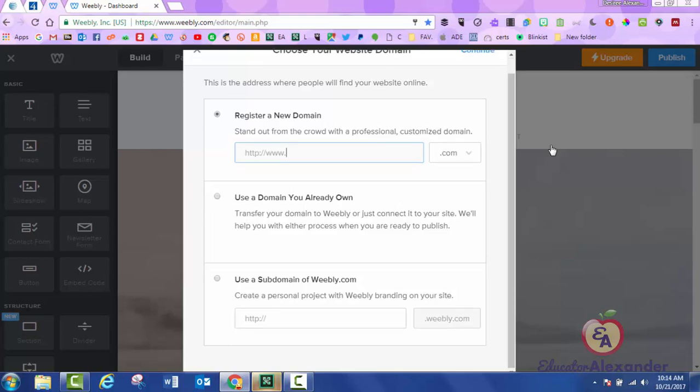So you have three options to say, what do you want people to go to get to your website? What do you want the URL up here to be? Okay. The first one is to register a new domain. So what you're going to do here is you're pretty much going to buy your domain. So you're going to choose what do you want the domain to be, and then you're actually going to